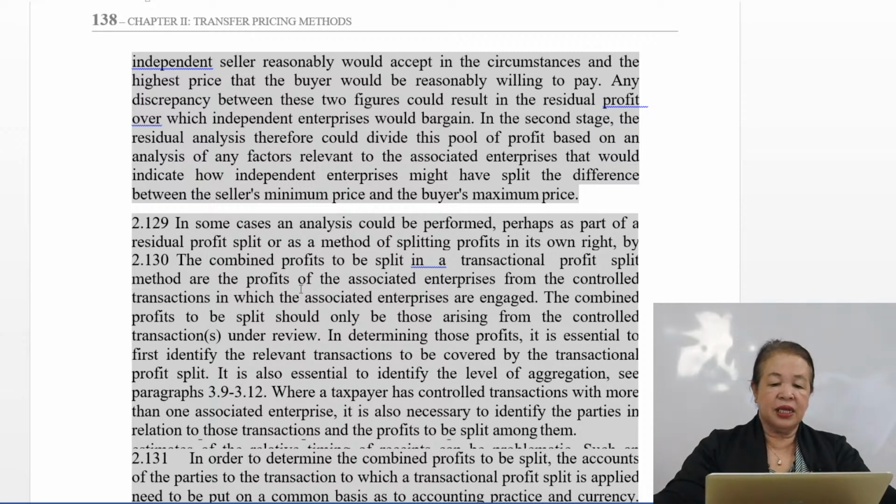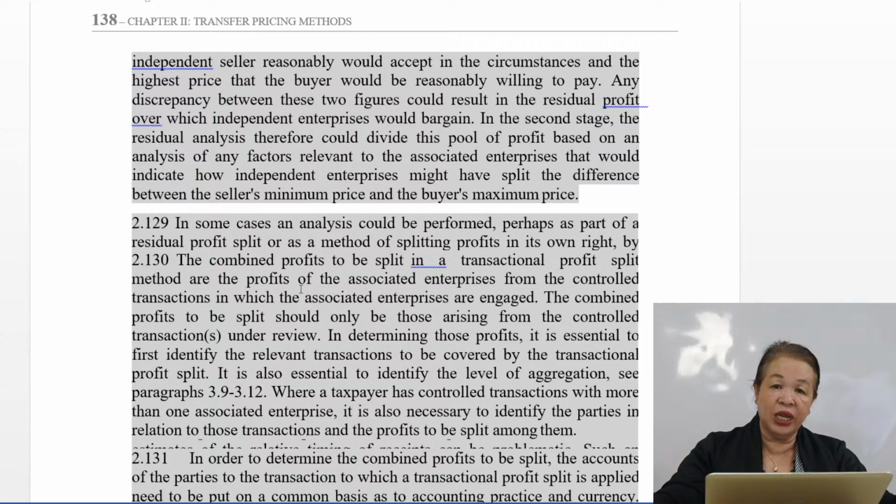In some cases, an analysis could be performed, no? Perhaps as part of a residual profit split or as a method of splitting profits in its own right, by taking 2.130, no? The combined profits to be split in a transactional profit split method are the profits of the associated enterprises from the controlled transactions in which the associated enterprises are engaged. Siyempre, doon yun kukunin yung profits doon sa associated enterprises at